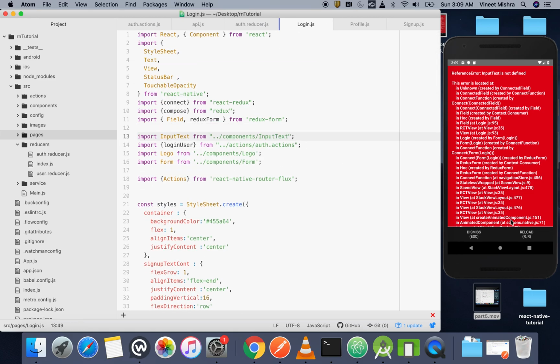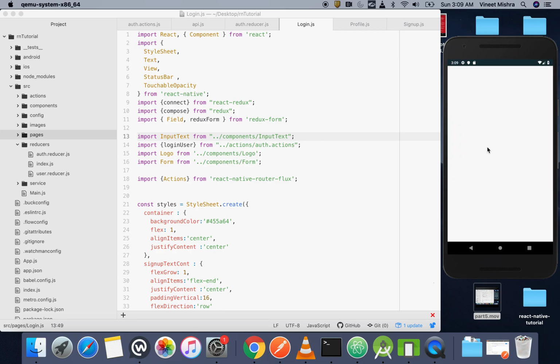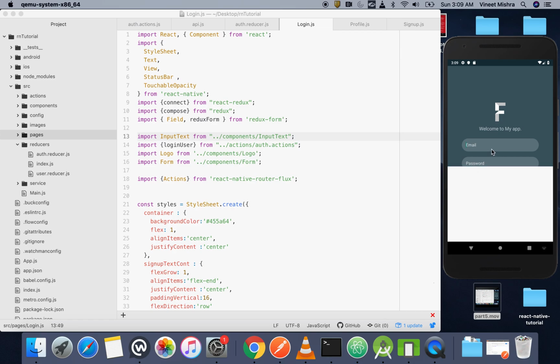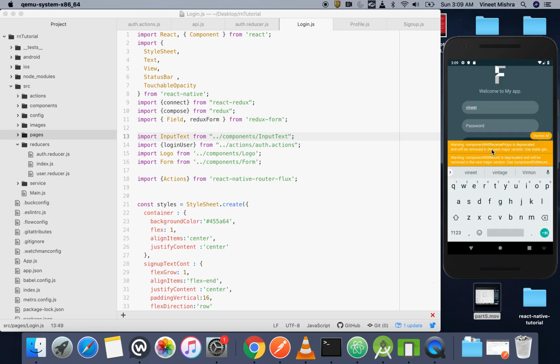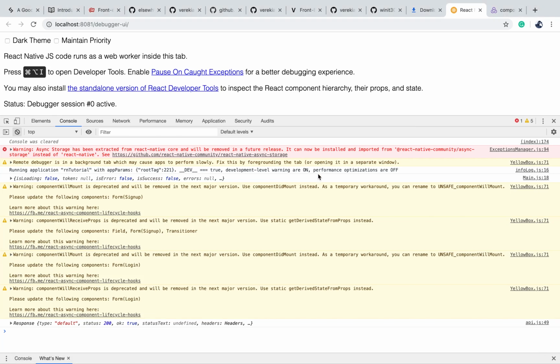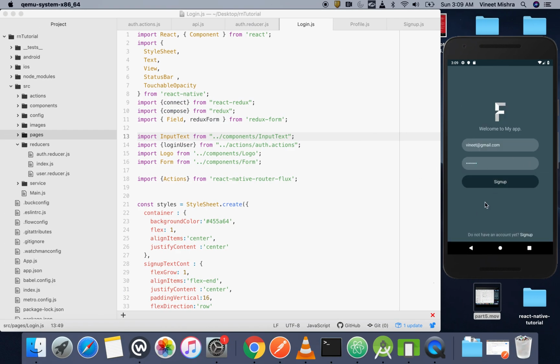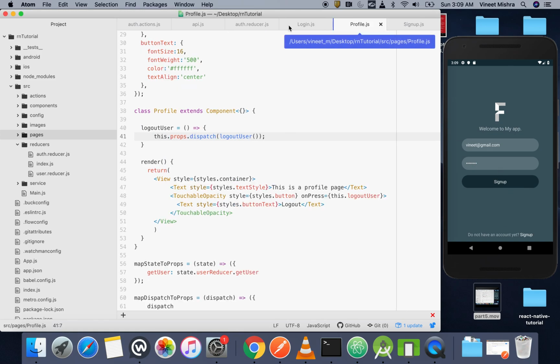We'll first try to log in the user. I did so many things from here and there, it would become complicated for you. I have one user which is vineet@gmail.com and the password is 12345678, and refresh, sign up. The text name is wrong, 200. Yeah, so the sign up is 200,